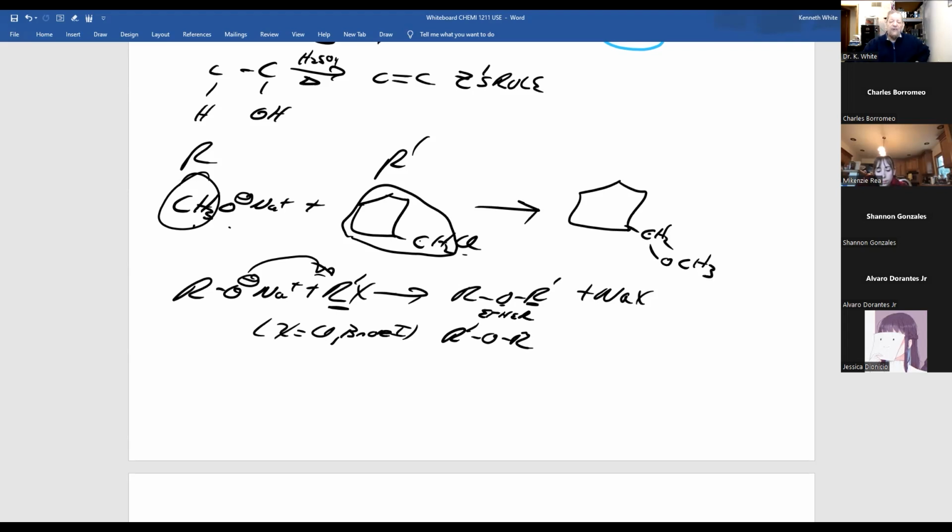And that. Now, another way you could have written it, and I didn't want to confuse you, you flip the ring around so it looks like this. And the ether, same thing. I'm just flipping it. And these are identical structures.